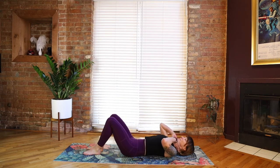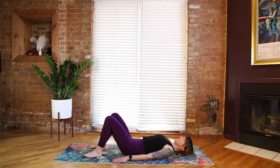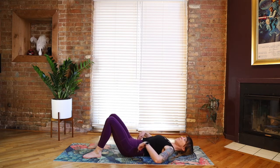You're going to be laying on your back to begin, and we're first going to bring your attention to your breath. With the weight heavy on your tailbone, notice where your lower rib cage is. This is our neutral spine position. We're going to try to use our core muscles to maintain this neutral spine position through the next round of exercises. So we're going to take a full breath in,